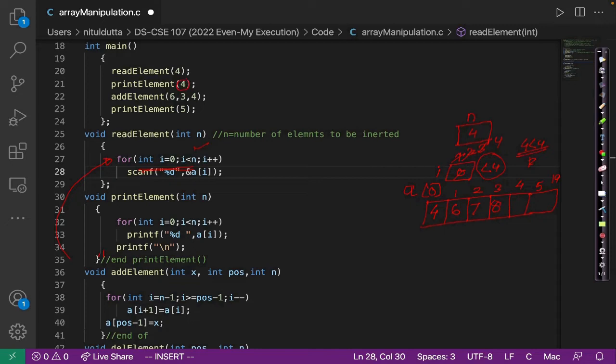So it will print all the elements 4, 6, 7 and 8. 4, 6, 7 and 8 will be printed out. Then I'm coming back to the add element function. Add element is a function, and what this add element function will do is add